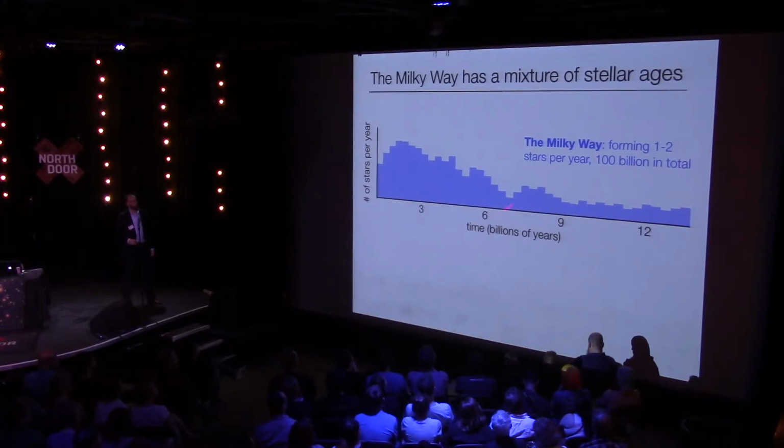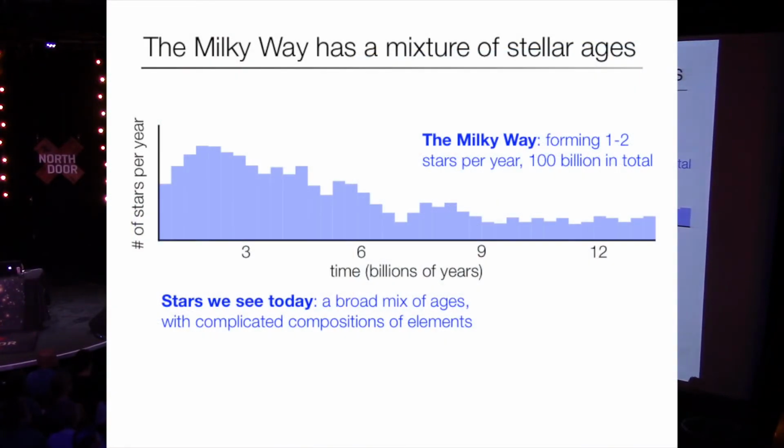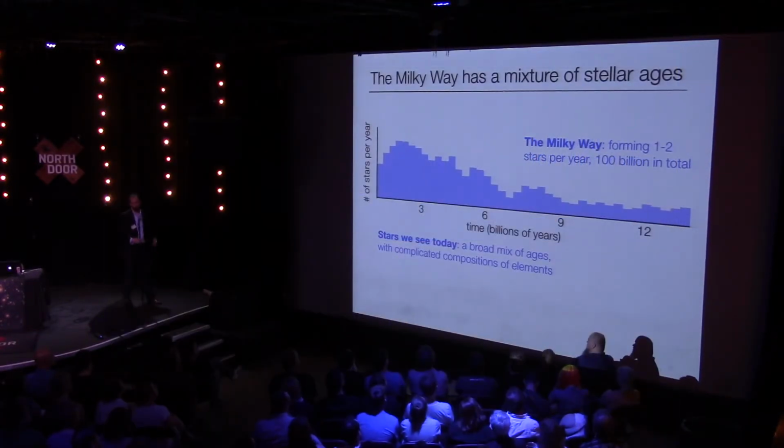So if we look at the Milky Way, or a galaxy like it, right now it's maybe forming 1 to 2 stars per year. And over its entire lifetime, well, it's a little more active in the past, maybe it's formed 100 billion stars in total. So if we look at what the Milky Way should look like, we'll see a broad mix of ages. Right? There's stars that have formed over this entire period, so there are massive star supernovae going off everywhere here. There are other low-mass stars that have been able to die and release their elements into the gas and be reincorporated into future generations of stars. So we see all kinds of different ages within the stars of this kind of galaxy.